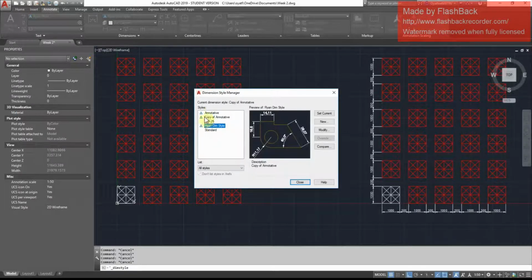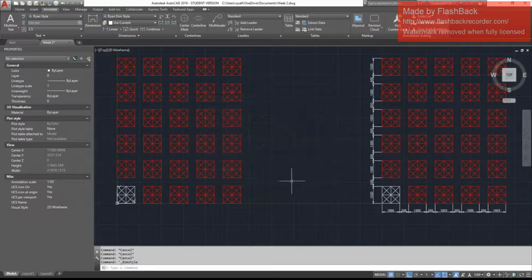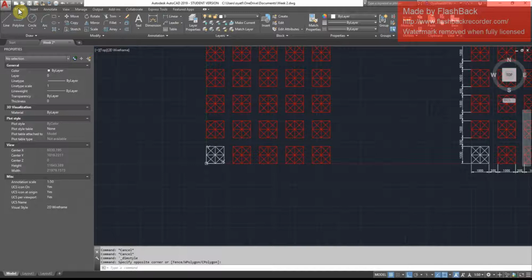After you create your own dimension style, just click once, then go and click set current, which makes your newly created dimension style the default on your project. Okay, then hit close. Now you can place your dimensions, on the annotate tab or home tab, doesn't matter, home and annotation. Then